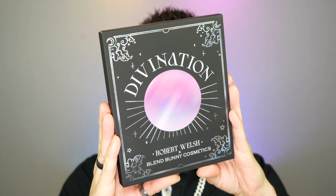for $90. Each Divination Gloss Balm is $15, the Divination Palette is $48, and the Divination Stackable Lashes are $12. That's a stack and a half of lashes for 12 bucks. It's a great price. The Divination palette includes warm browns in a range of depths for all skin tones, smoky